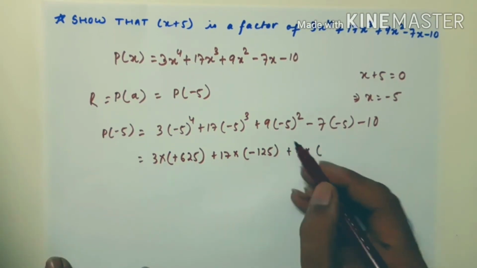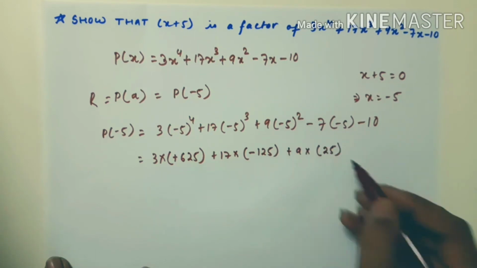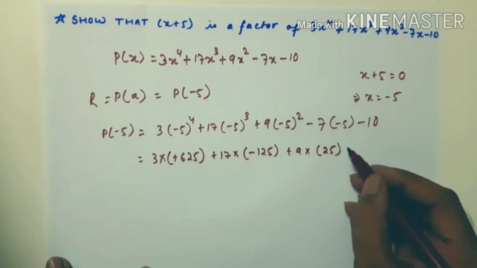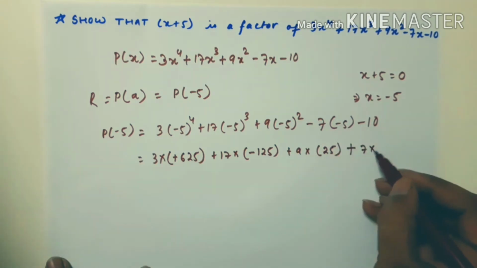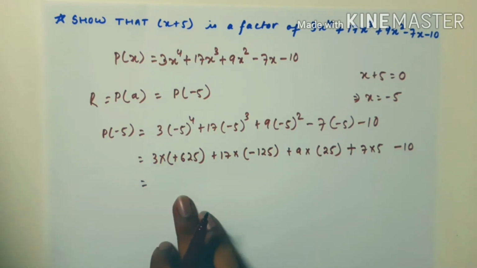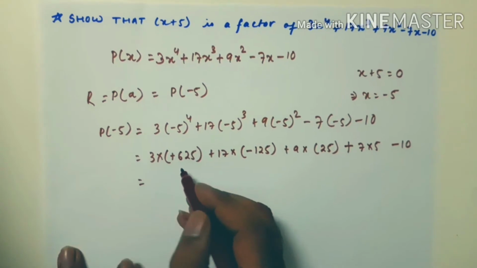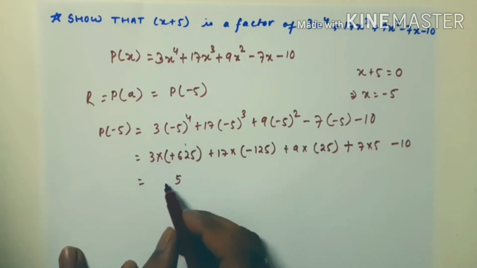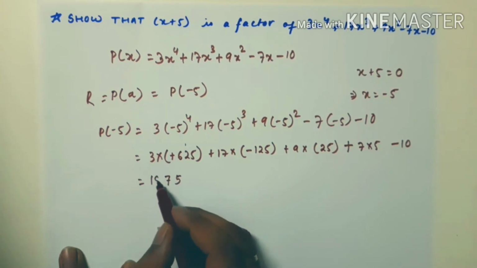9 into -5 into -5, which is plus 25. We have next, minus into minus plus 7 into 5 minus 10. Let's complete the multiplications first. So 3 multiplied by 625. We'll get 3 fives are 15, 5 and carry 1, 3 twos are 6, plus 1 is 7, and 3 sixes are